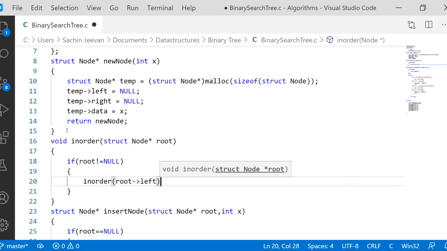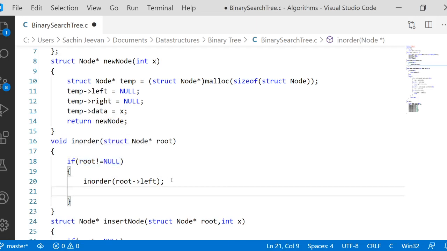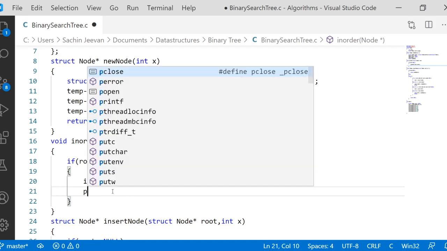Now this recursive call will keep calling the same function again and again, but at some point, when you keep moving to root of left, the root will become null. When root is null, the condition is false. When the condition becomes false, the flow of the recursion will come after this recursive call. So whenever your root is null, it comes to the position after this inorder call. Again and again you keep moving to the left, and at some point root of left will be null.